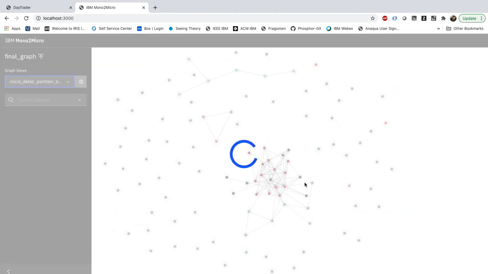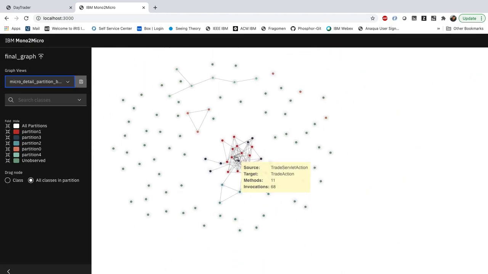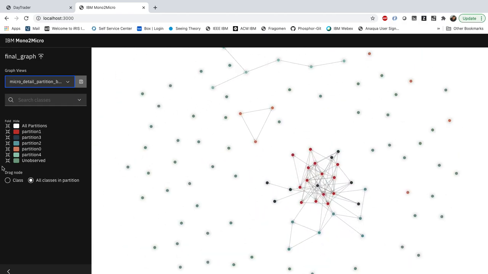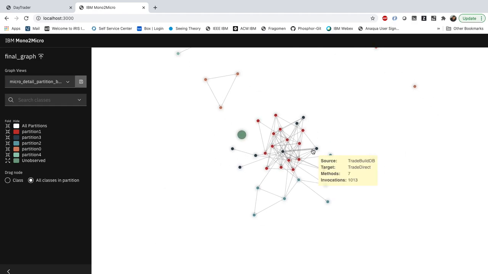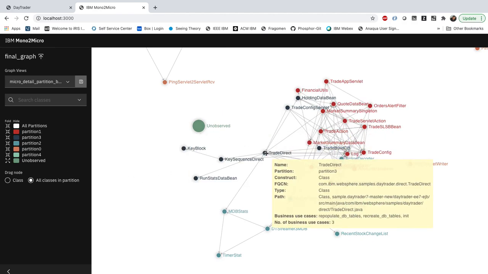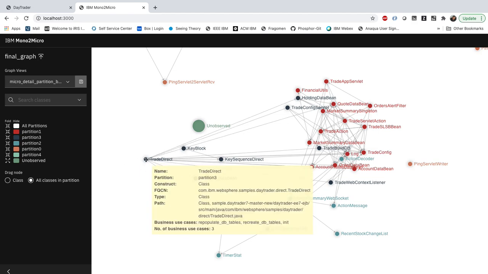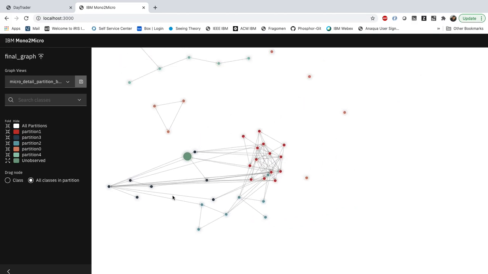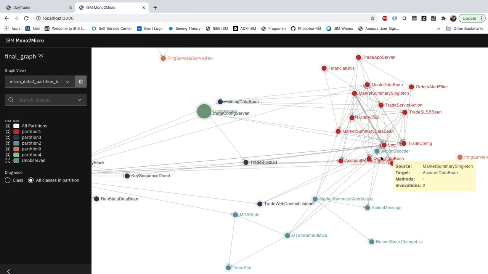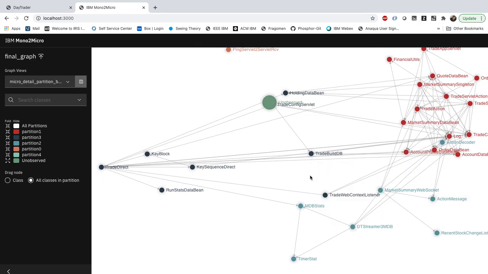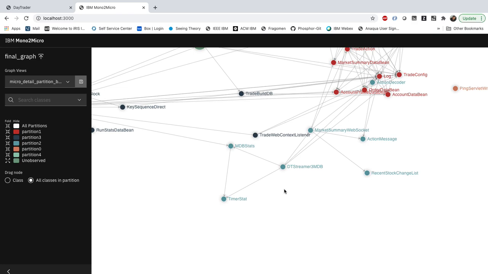Using this, we generate the business partitions. You can see here, this is our business partition recommendation. There are several classes that you can see that are unobserved. We can minimize them, and then we can see the partitions that are being captured in runtime traces. I'm trying to separate the partitions so that I can view them clearly. For example, you can see here, this is one of the core partitions for the data, which has all the entities and the core classes for the functionality of the data. This is the partition that helps with configuring the database. This is the partition that helps with the messaging services.